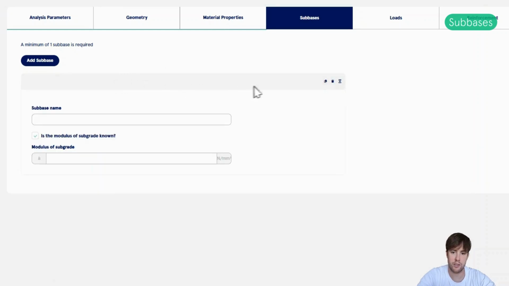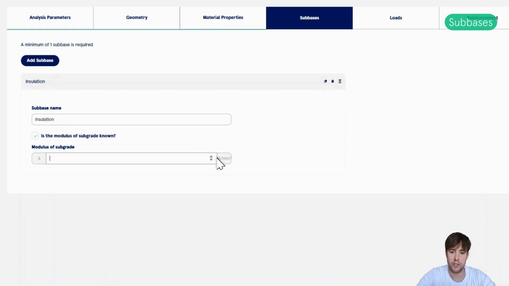All right, let's press into the subbase here. So first of all, we'll give it a name. So I want to add an insulation layer here. The first thing, by default, it will have ticked off this button here: is the modulus of subgrade known, in which case you can directly type in this modulus of subgrade, this K value, which is the value that this Slabs and Ground program uses as the stiffness parameter underneath the slab.